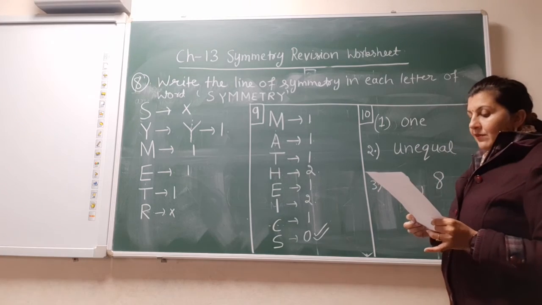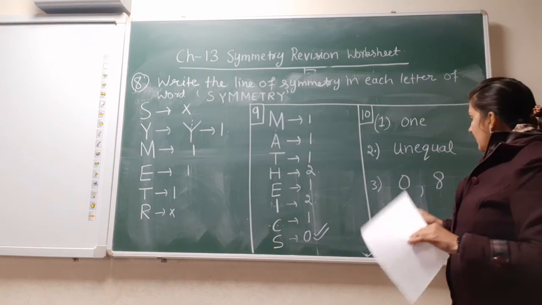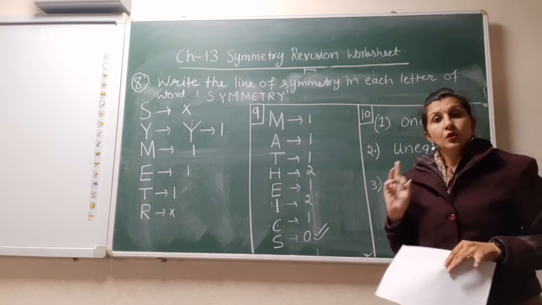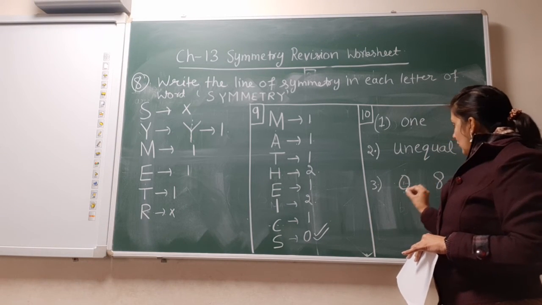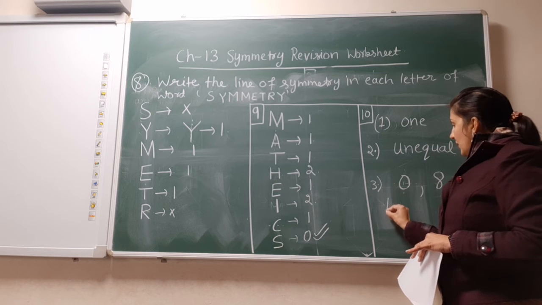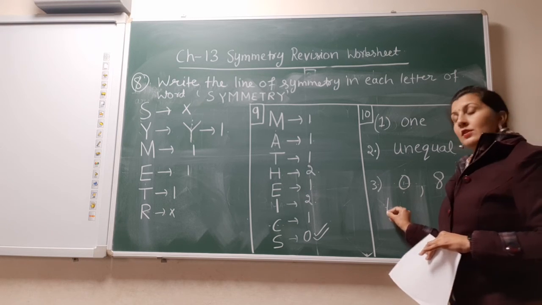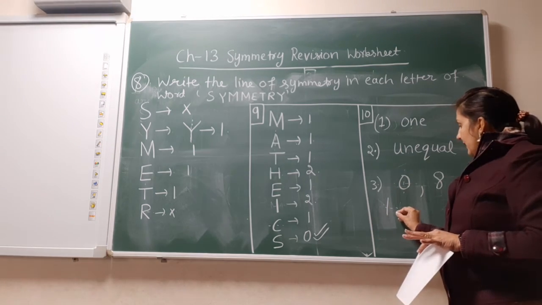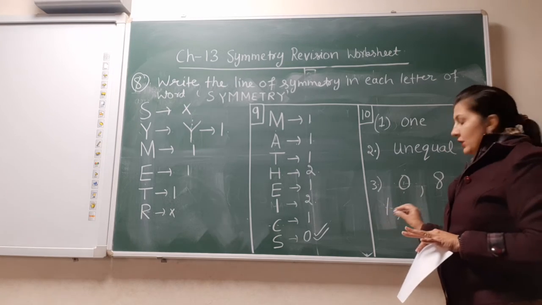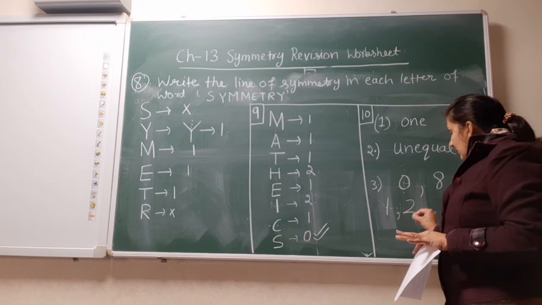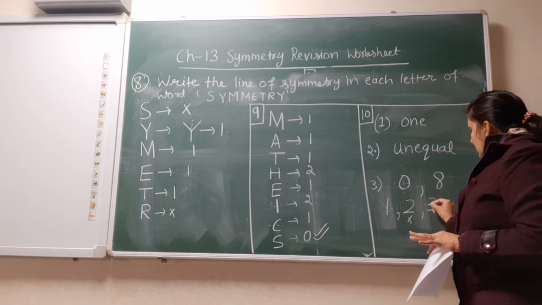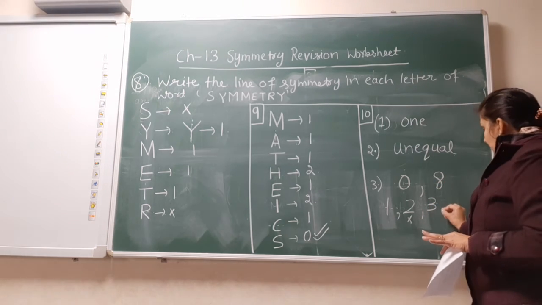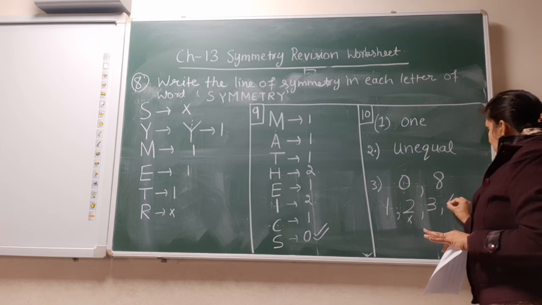Next, the digit having only 2 lines of symmetry. Digit means 0 to 9, we will discuss. 0 has lines of symmetry, yes, this also and this also. Next we come to 1. 1 has this line of symmetry, not here, here nothing. So 1 has only one line of symmetry. 2 has no line of symmetry. 3 has a line of symmetry, but this is only horizontal, not vertical. Now we come to 4. 4 has no line of symmetry.